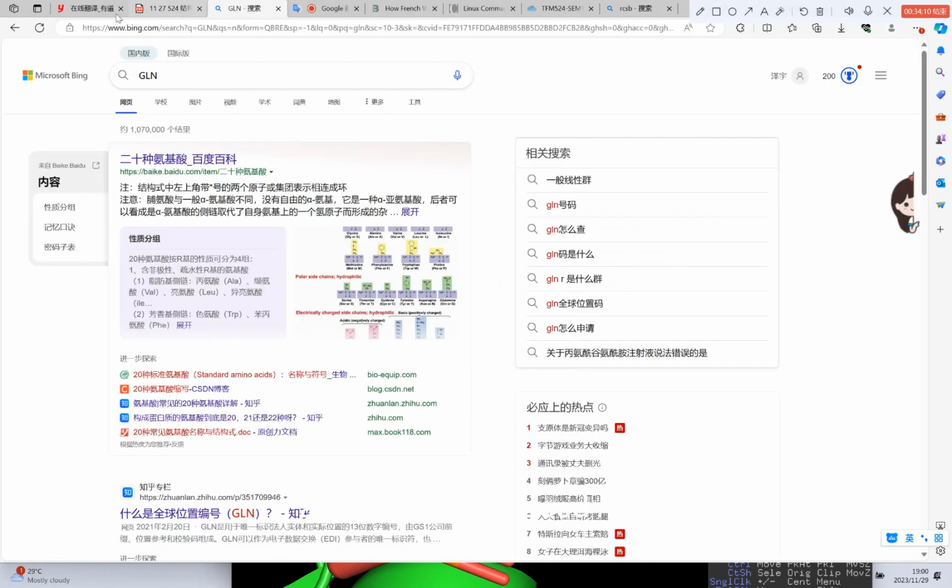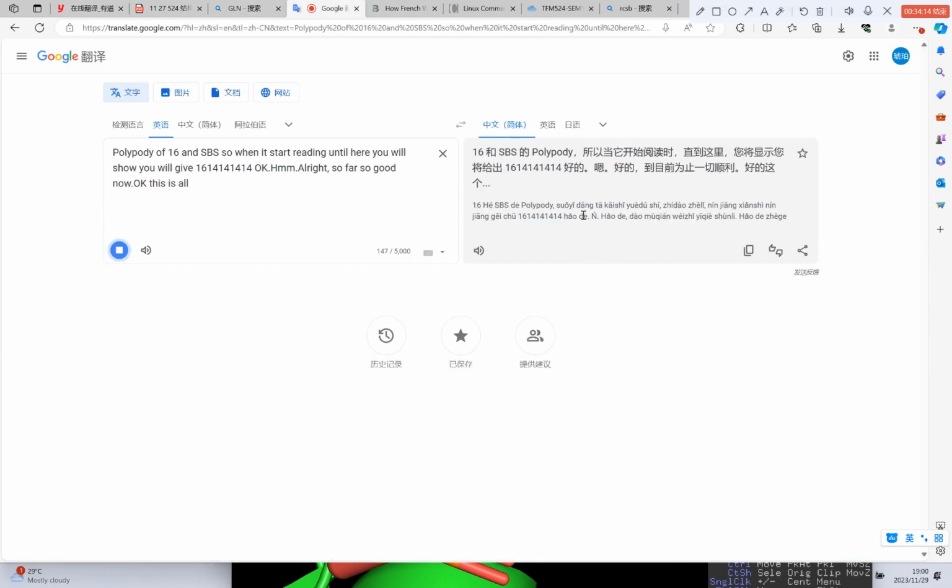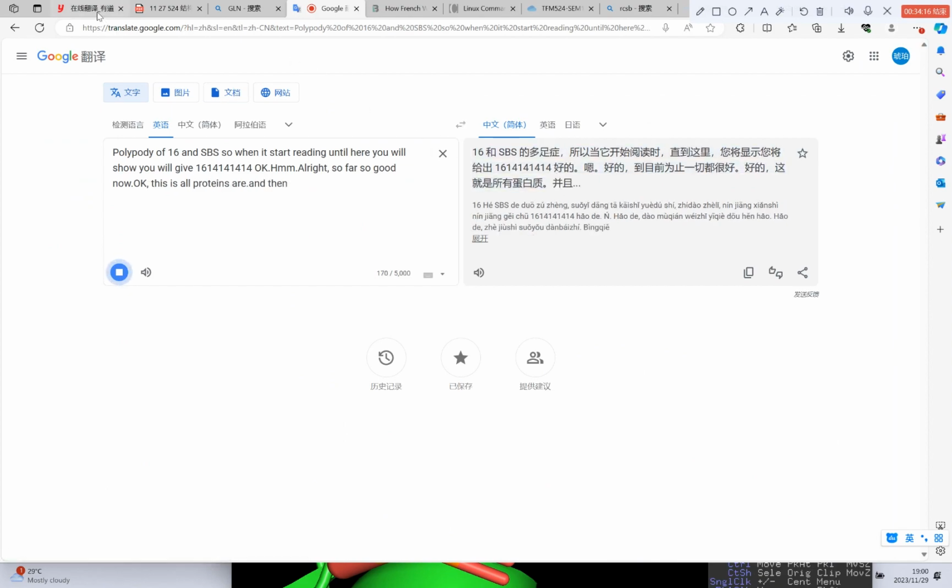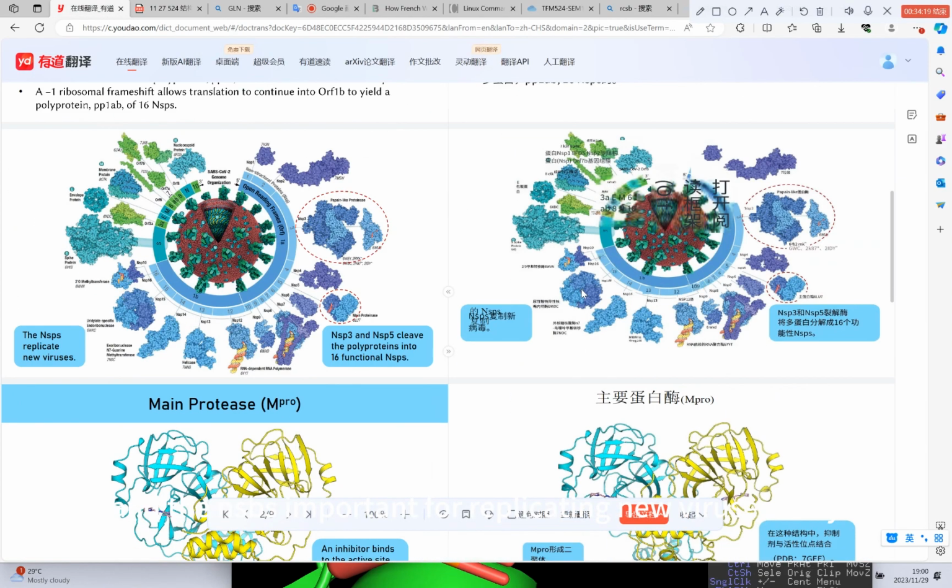Okay, so far so good. This is all the proteins, and the NSPs are important for replicating new viruses. They are like methyltransferase, polymerase, helicase. All these are the NSPs, non-structural proteins not found in the particles, but these are proteins that will form the viral particles. This one is very famous, the spike protein, everyone knows it, then we have envelope protein, membrane protein, all these things. These proteins are individual proteins, but these, the blue ones, they are all